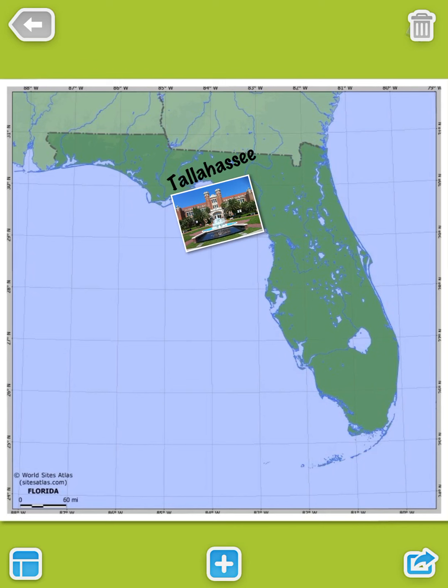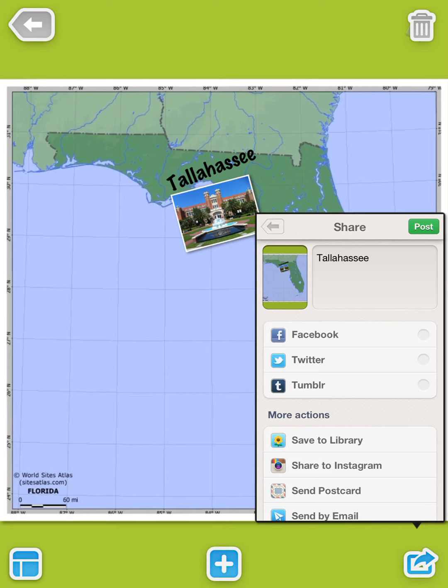Okay, let's say we were done with this, and I know it's looking a little empty, but let's just say for the sake of moving forward that we were done with this Picolage, and now we want to share it. We're going to use this share button down here, and like I said, we tend to have kids turn their stuff in on Padlet. It's like a digital Dropbox for us. It's kind of fun. I would save it to the library,